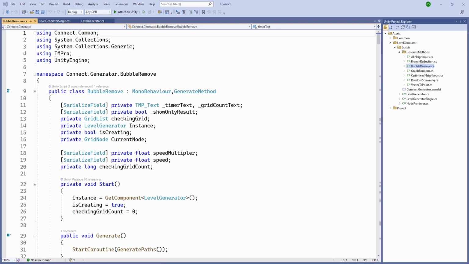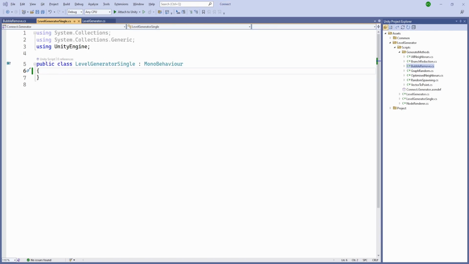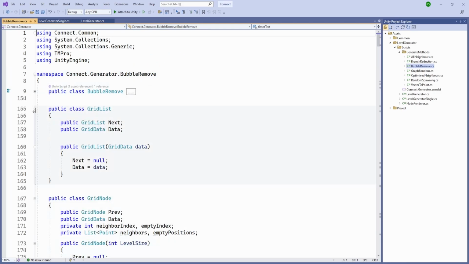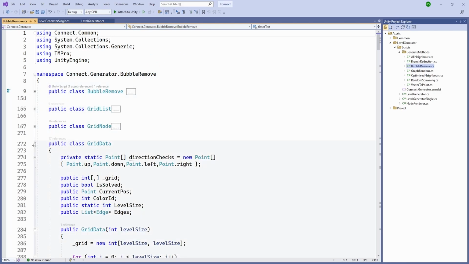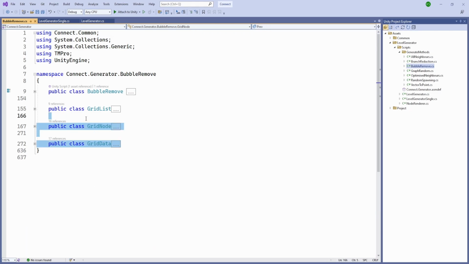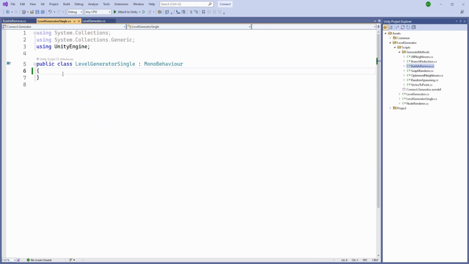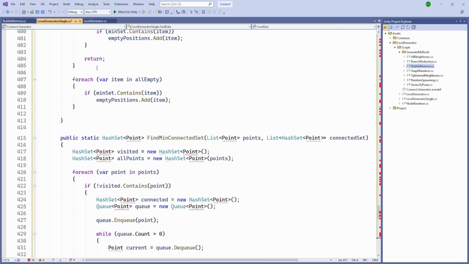So we are just directly going to generate all of the levels here, and it is just going to show a counter of how fast the levels were generated, and it is going to calculate from here. So what we are going to do is we are going to copy our node and the data class, and we are going to paste it here,